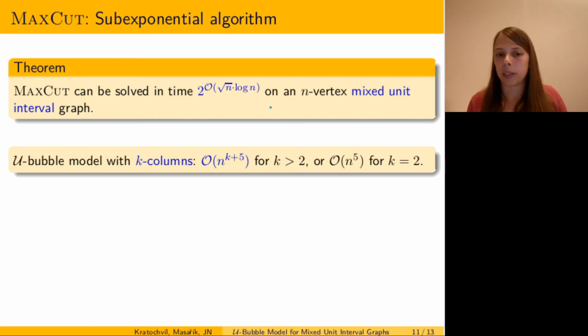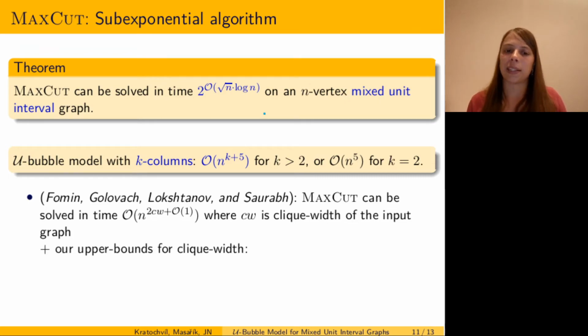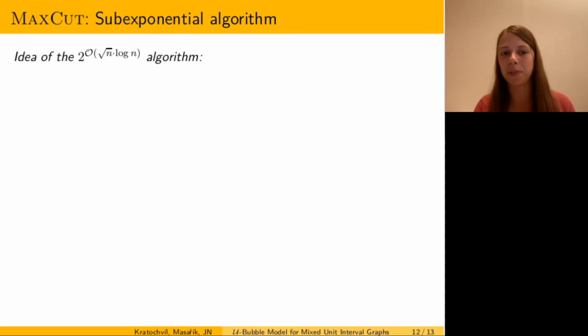We obtain a similar result also for rows, thanks to the result of Fomin, Golovach, Lokshtanov, Saurabh and Zehavi, who express running time in terms of clique-width. So combining it with our upper bounds for clique-width, we have a running time which depends also on the number of rows, and of course on the number of columns as well, but with slightly worse time than the above one. I would like to spend a few minutes with the subexponential time algorithm itself and show you crucial